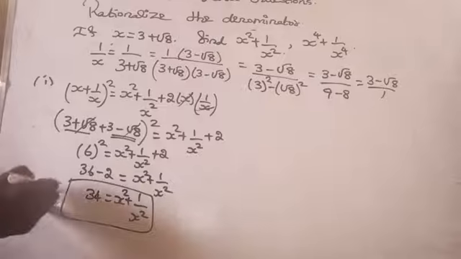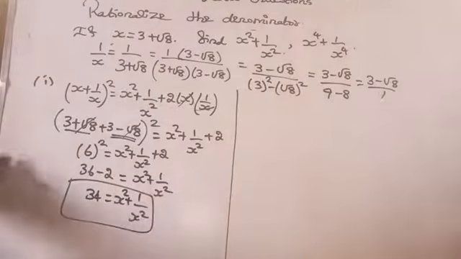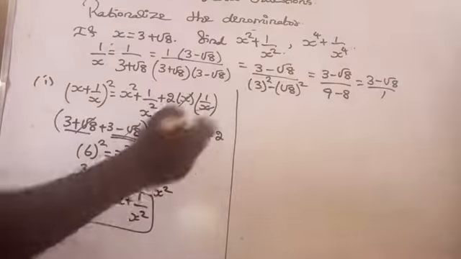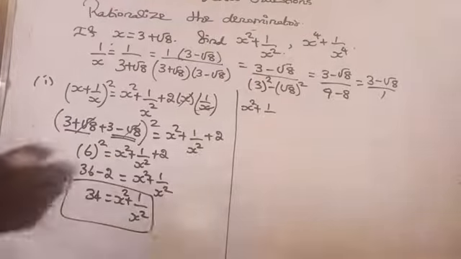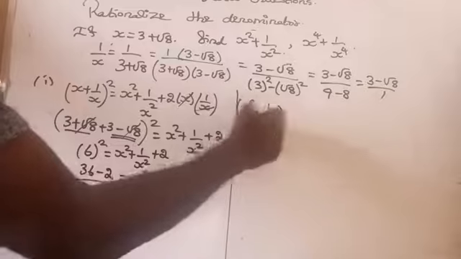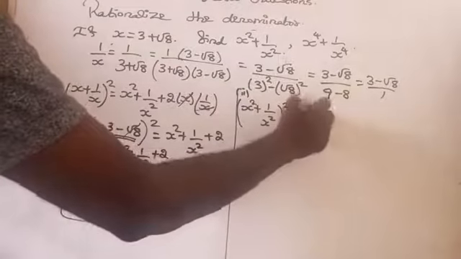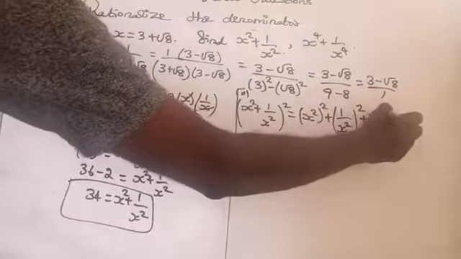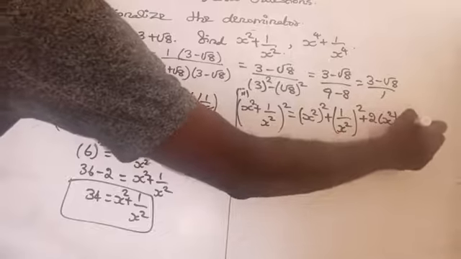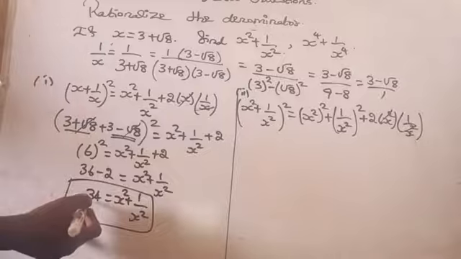So we found the answer for the first part. Am I right here? Now look at the second part of the question. They asked us to find x to the power 4 plus 1 by x to the power 4. So again, we know that x square plus 1 by x square the whole square, that is equal to, now expand a plus b the whole square, that is a square plus b square plus 2ab. So 2 into x square into 1 by x square here. So x square you can cancel. So x square plus 1 by x square already we found, it is nothing but 34.